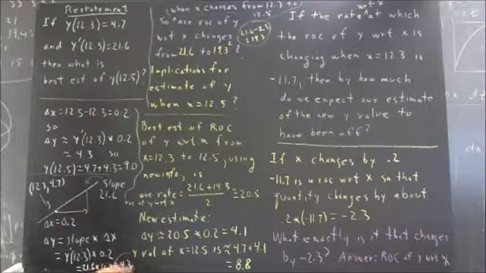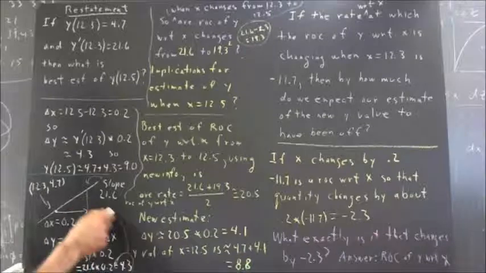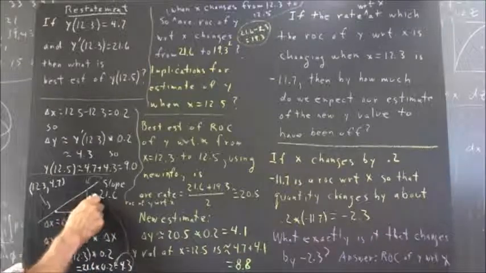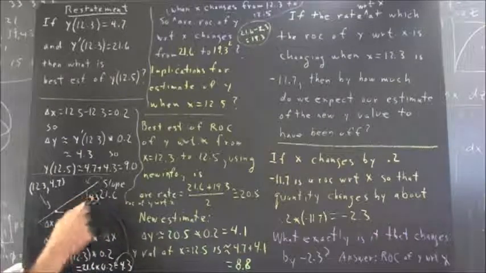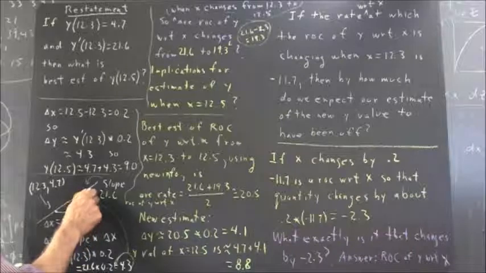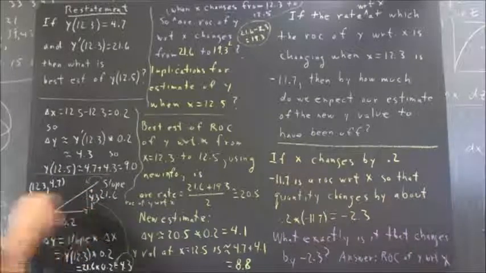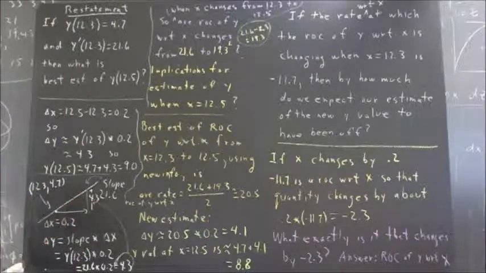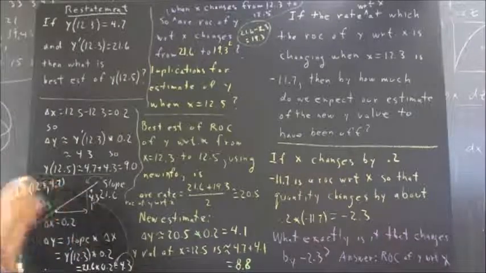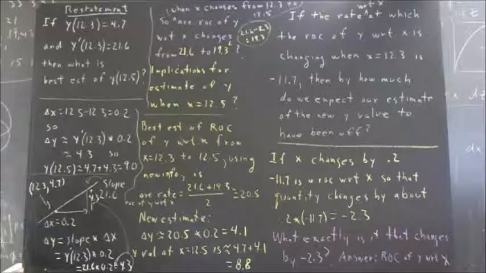So that gives us then 4.3 here. So that moving over 0.2 moves us from 12.3 to 12.5, moving up 4.3 moves us from 4.7 to 9,